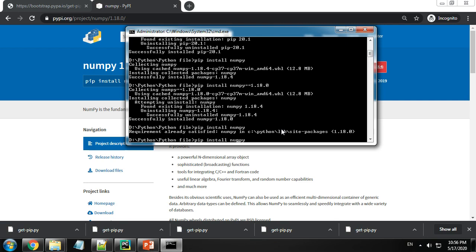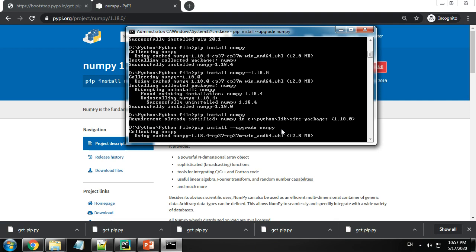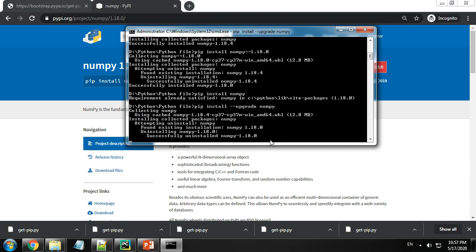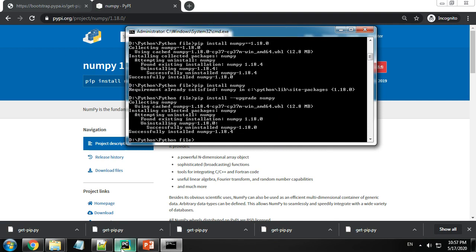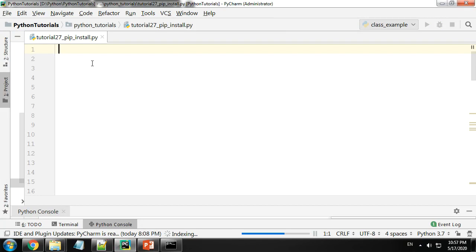So in order to upgrade it, after install, just type in -- upgrade. Okay, so this is going to take you to the latest version of the software, which is, as we know, 1.18.4.